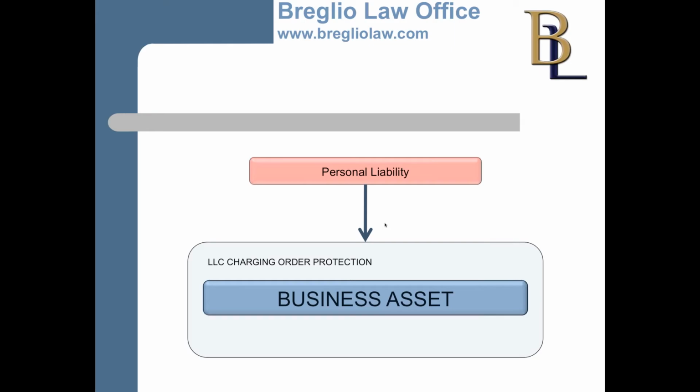This is called a charging order protection. This charging order says that the creditors, or the plaintiffs in this case, the family who lost somebody in this car accident, they get a charging order against partner A's receipts from this business. So anytime this business allocates a distribution and allocates profits to the partners, partner B gets his 50% of the profits that month, but partner A's profits would have to go to the family of the deceased because they get what partner A would have gotten.